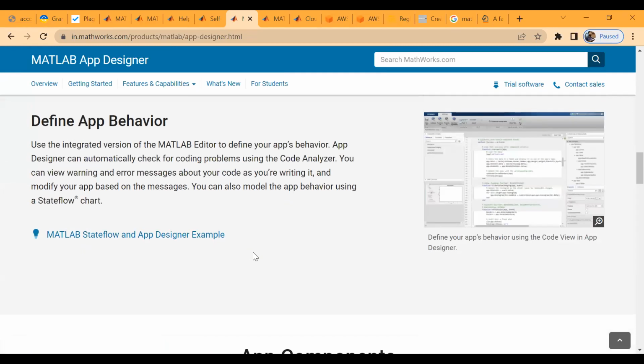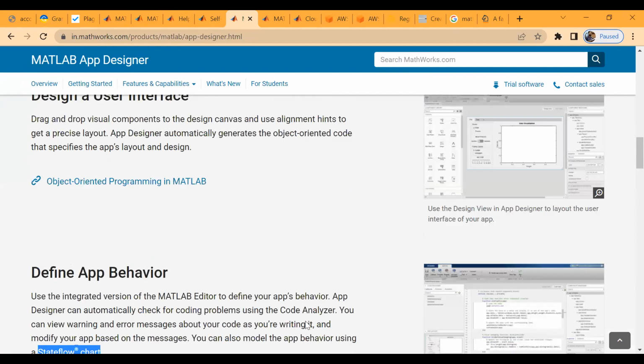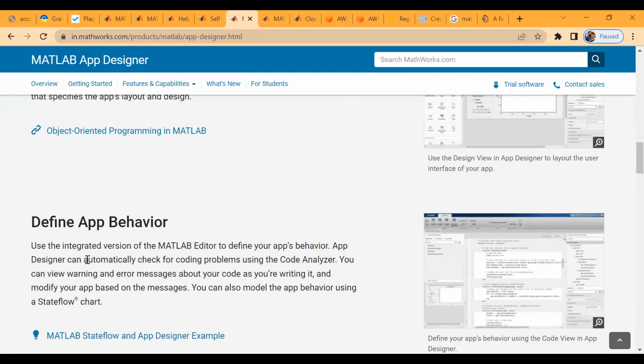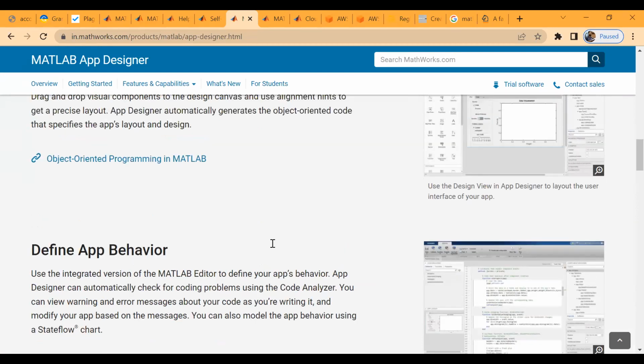Okay. You can define the app behavior also using state flowchart, a toolbox provided by MATLAB. One more thing, if you want to automatically check your codes, another toolbox is there, code analyzer. You can use that toolbox also. You will not be using it right now, when you become somewhat more